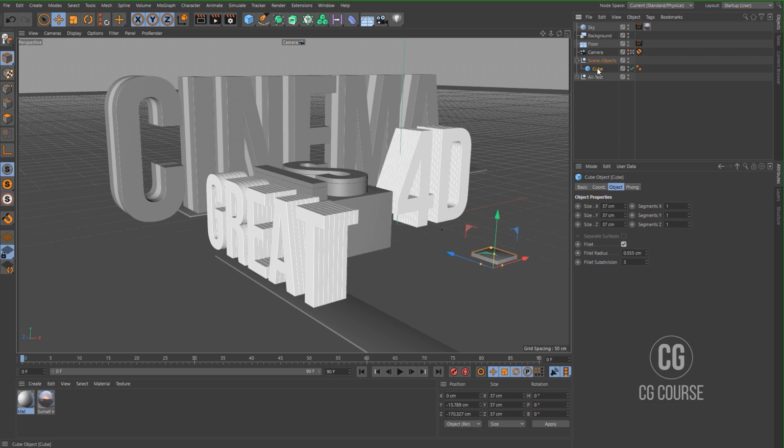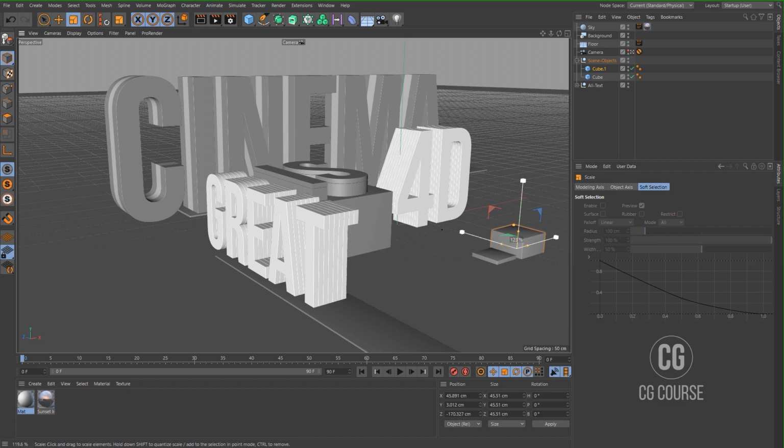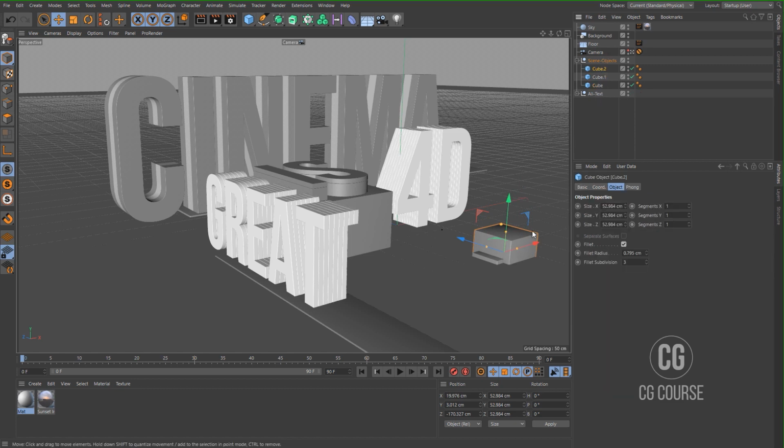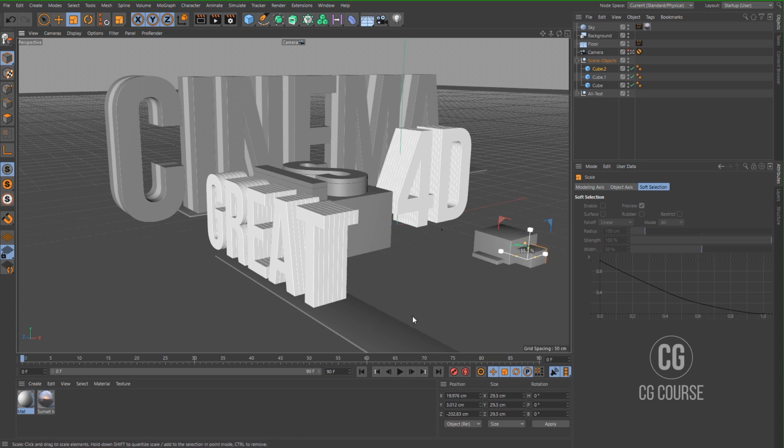That's good. Create another copy, reposition that one too, make it bigger. Okay, put it there, create another copy, put it there,